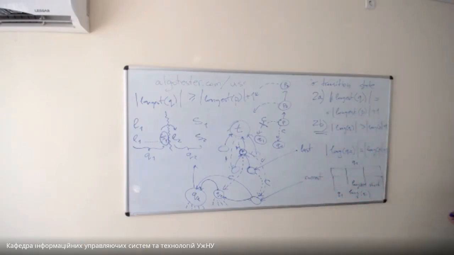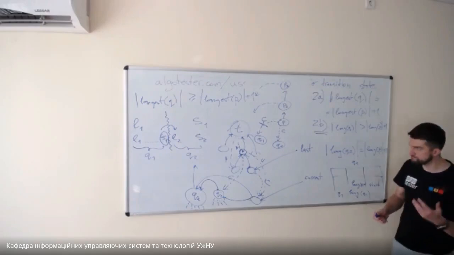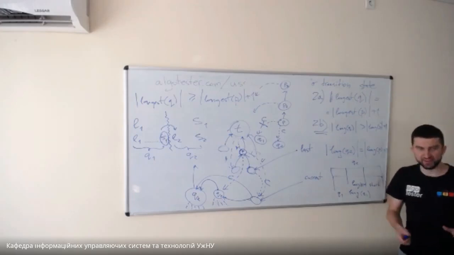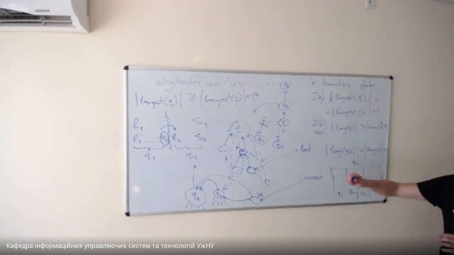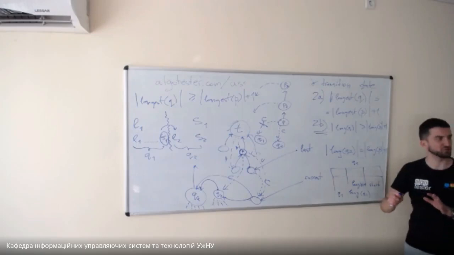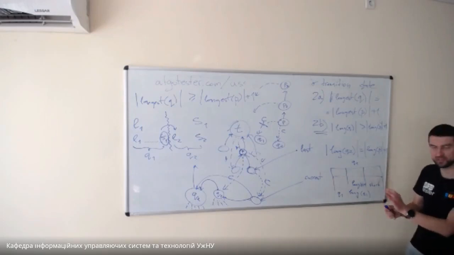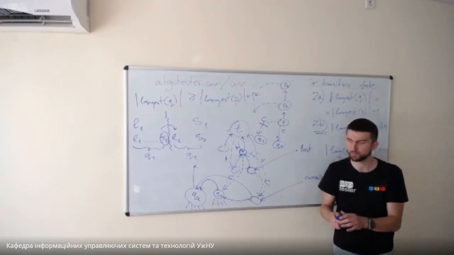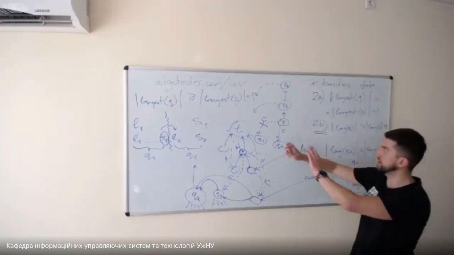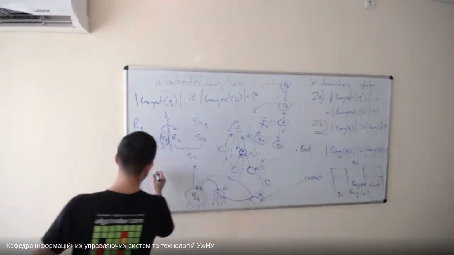Then, if you make friends with these suffix links, then it will be almost obvious for you that it's very easy to mark terminal states. If the whole string S